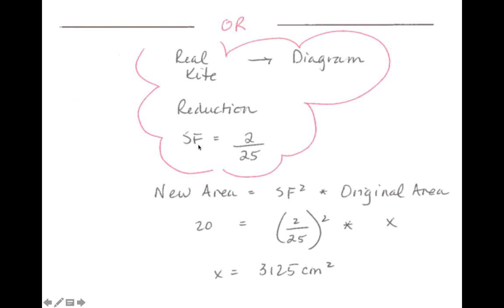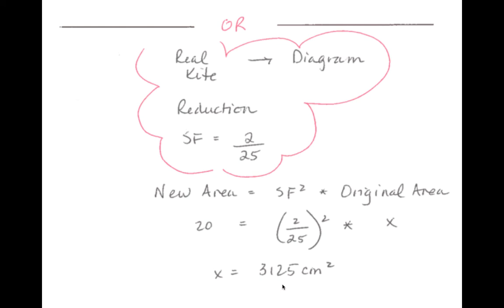So when we set up our scale factor and organize the fraction, we need to make sure that it is a fraction that's smaller than 1, 2 over 25. So we use our formula. Now, what we need to consider in this one, the scale factor I've plugged in. But what I need to do from the diagram is realize that, okay, my original area in this one is the one I do not know. And I actually know the finished product, the diagram. So for the new area, I plunk in 20 and put the x for the original. If I use these numbers and use my calculator for it, I am still getting the same result for the